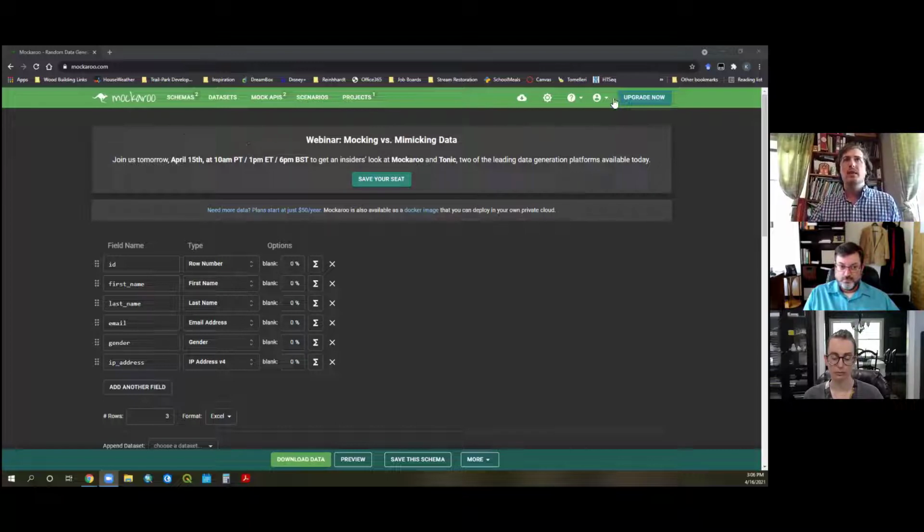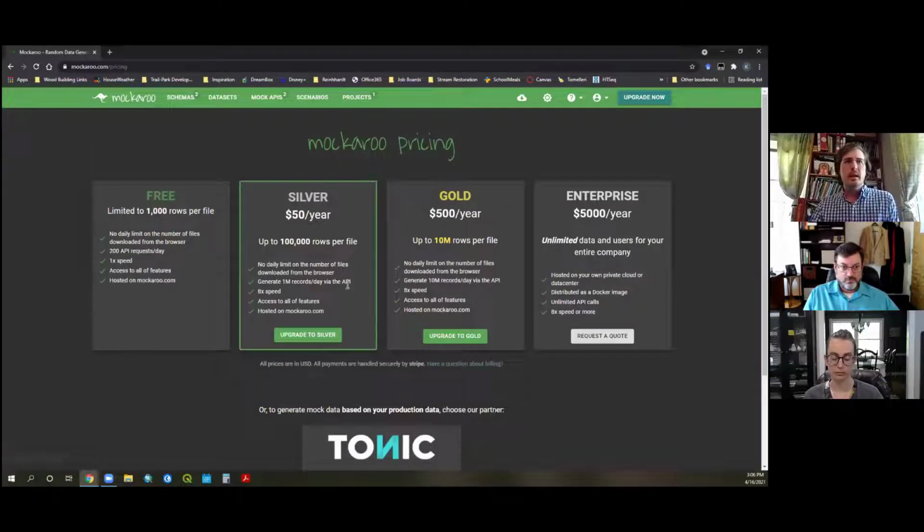But when we take a look at Mockaroo, I'm just going to hit the upgrade now. And let's see. You can have up to 200 downloads a day. This is an API request. So most of you are not going to have more than 200 downloads a day. But if you need more than that, you can actually generate up to 1 million records a day of randomized data.